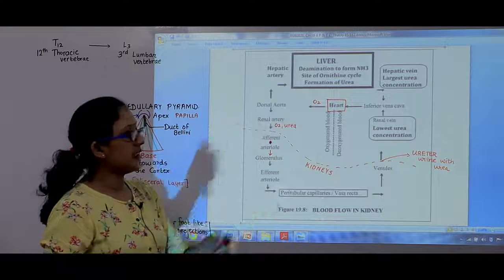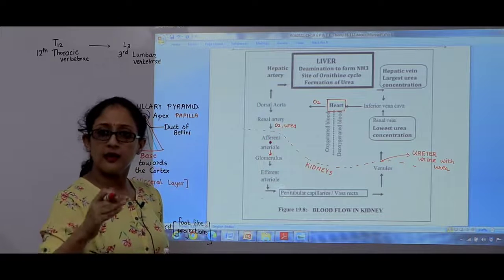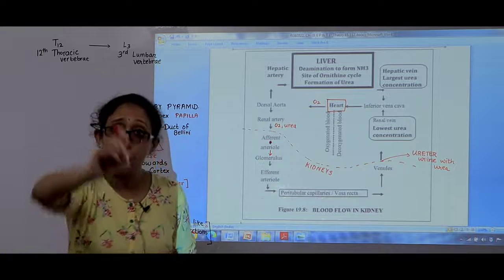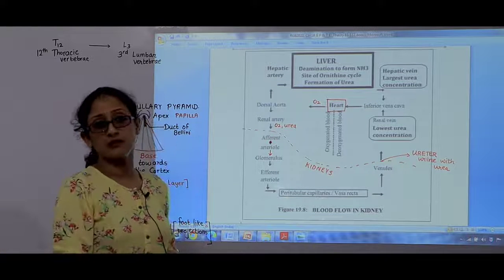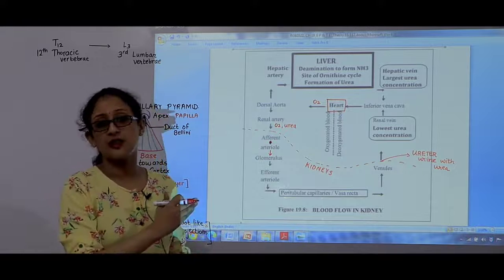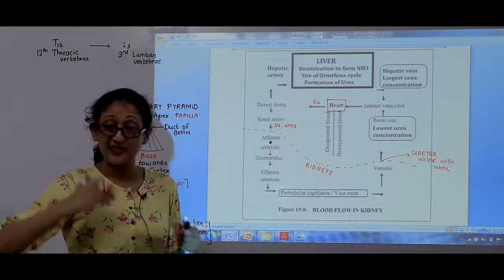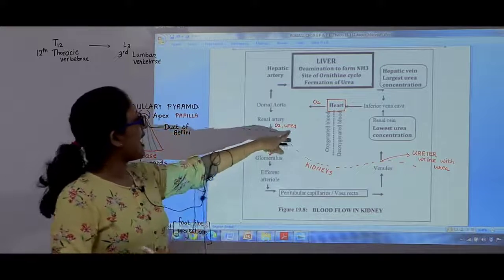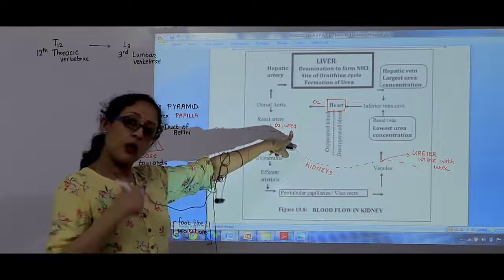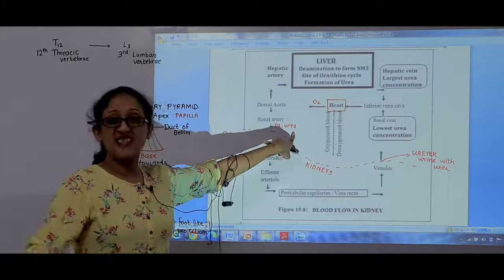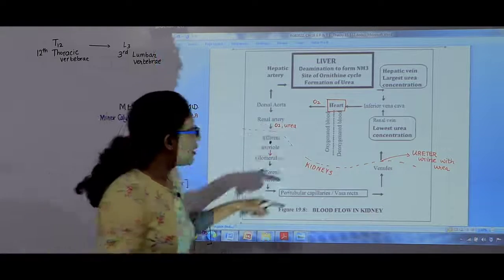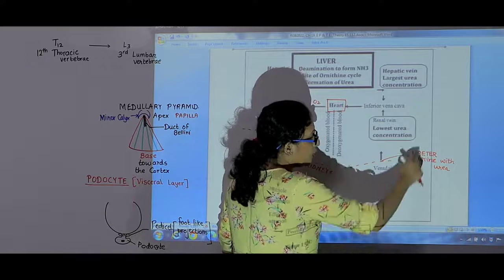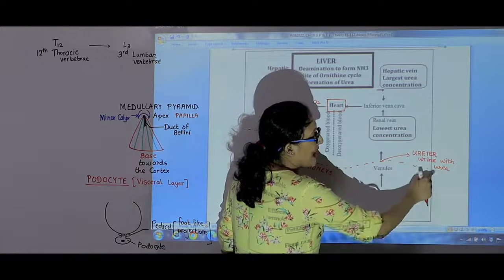So what comes out of the kidney? The ureter is carrying out the urea. So the blood which comes out of the kidney is very pure because it has no toxic chemicals in it. The kidney has filtered the blood. The blood that entered the kidney had nitrogenous waste. But what did the kidney do? It filters out the nitrogenous waste. So when it filters out the nitrogenous waste, the ureter carries the urea in it.